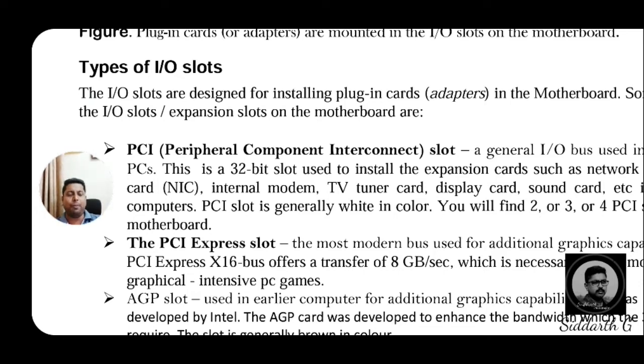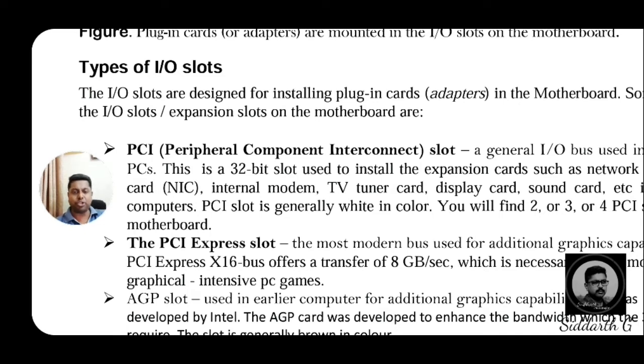PCI slots support 32-bit and are used to install expansion cards, and these PCI slots are generally white in color. If you physically identify them on the motherboard, PCI slots 1x and 16x can be identified by the white color.